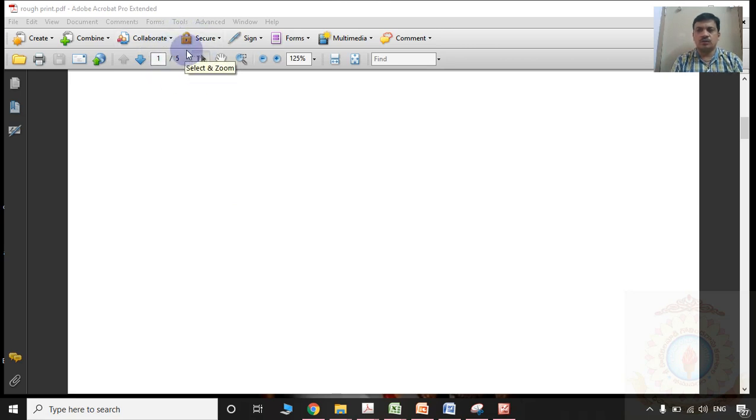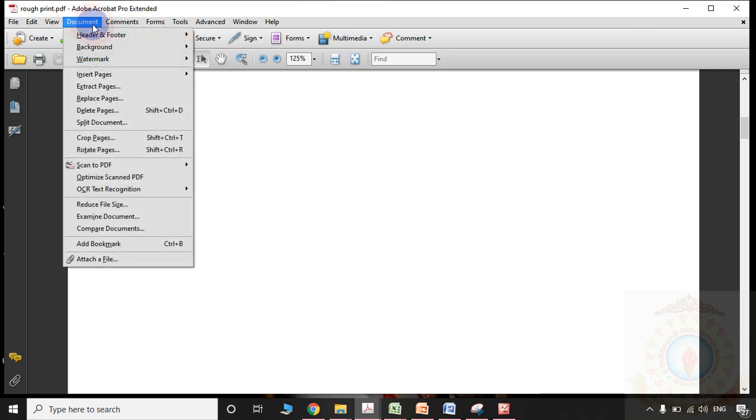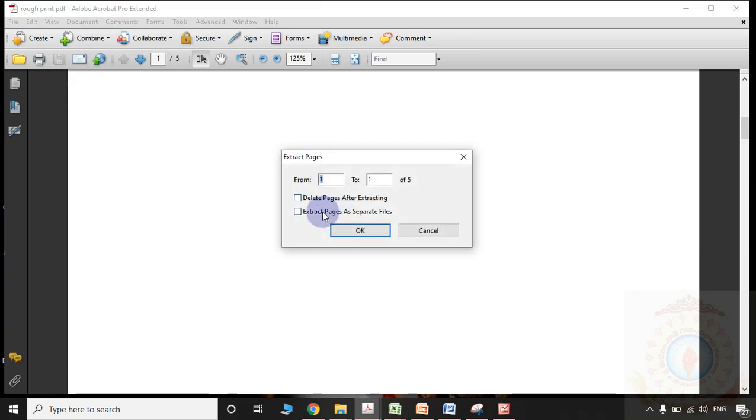I will show one more trick. Whenever you have the Adobe extended version in your PC, then simply by clicking document, you can extract all the pages. I am extracting all the pages.